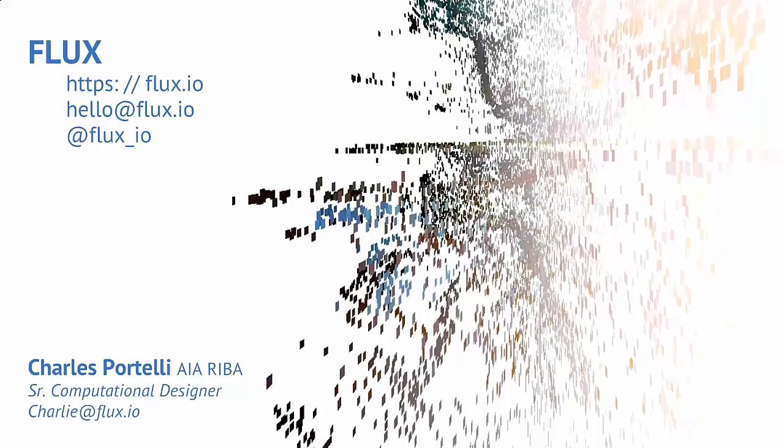The application that extracts the data from the NASA, got the building configurations. Have you done anything like that with laser scan data and extracting geometry from laser scan data for renovation projects or things like that? We have not yet, but if you want to give us a call, we'd love to tackle that, see how that goes. Yeah, we'd be interested. We haven't, let me rephrase it, as far as I know. My colleagues might have gotten that request, but I have not dealt with laser scan data since I've been at